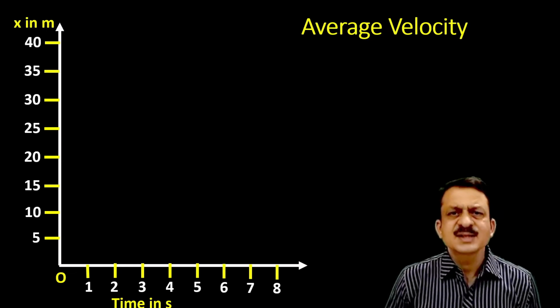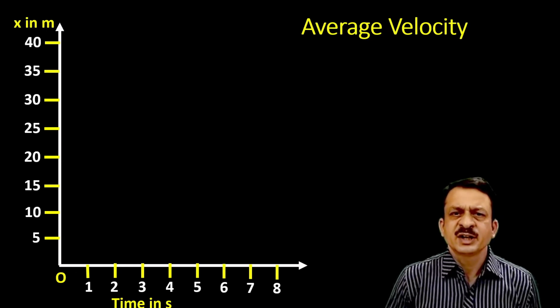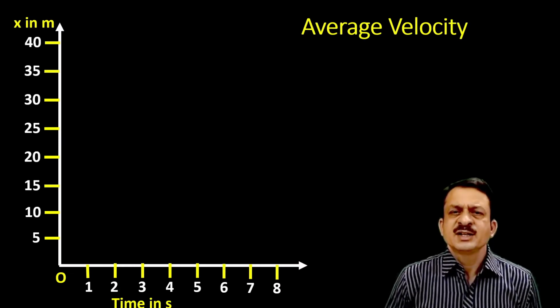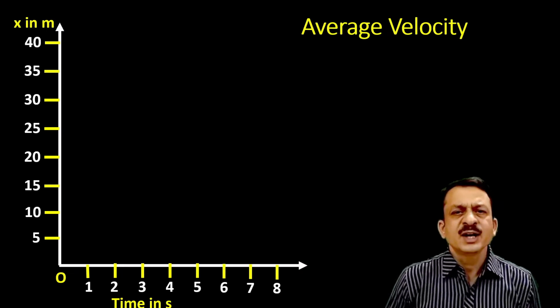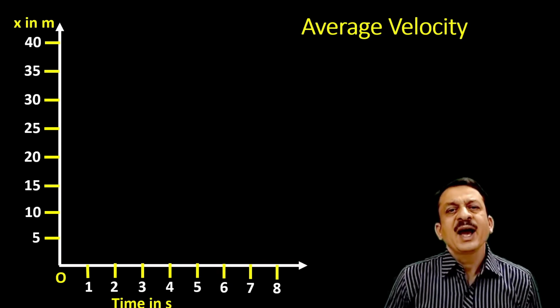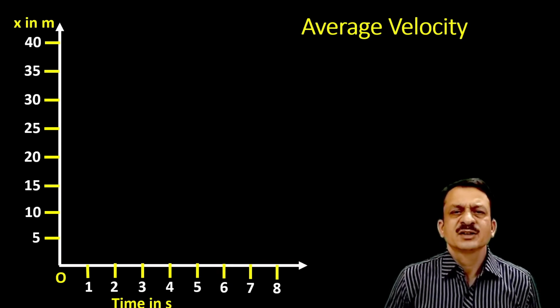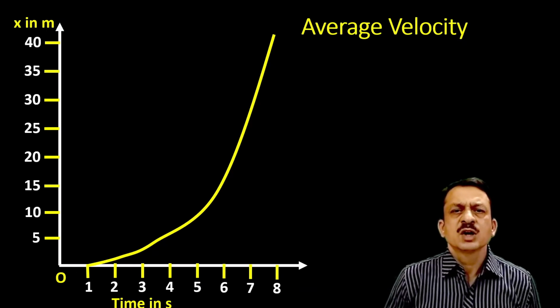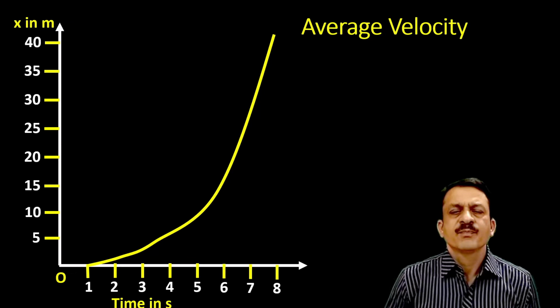X-axis, it is the time axis, taken in seconds, and y-axis it is the position, in meters. Now here our aim is to work out how we can find the average velocity. Now we are drawing an xt graph for an object. That xt graph is as shown in that yellow line. Now the yellow line is representing the xt graph of the given object. Now here we are going to work out what is the average velocity of this object in a given time